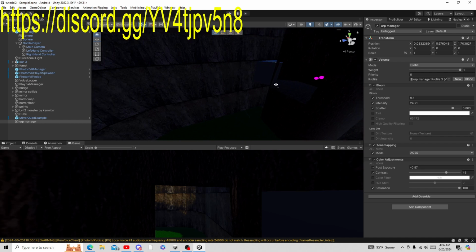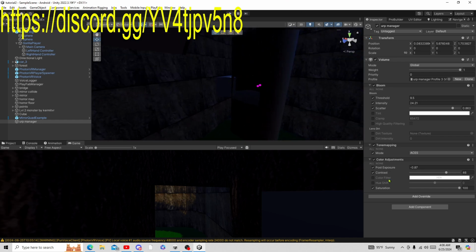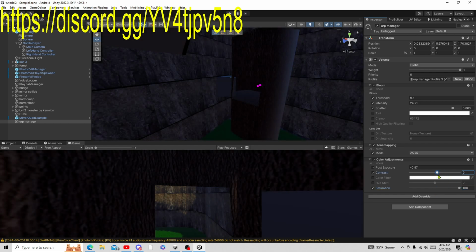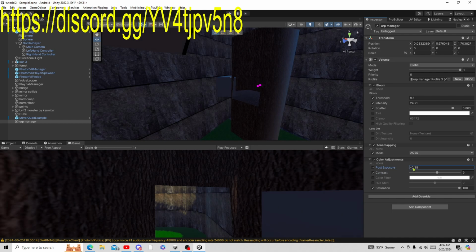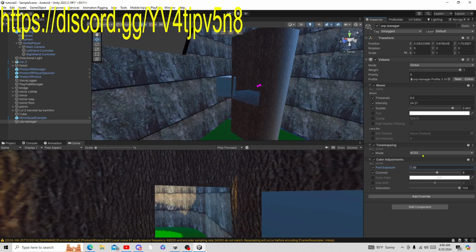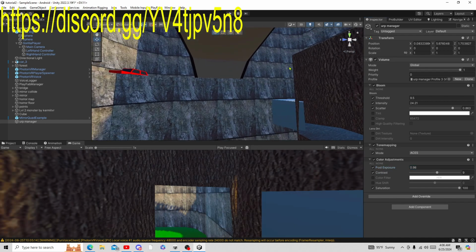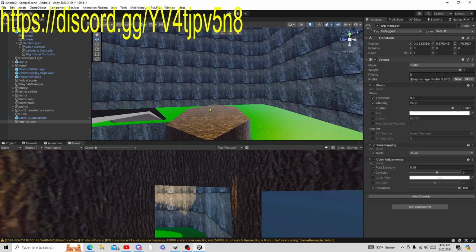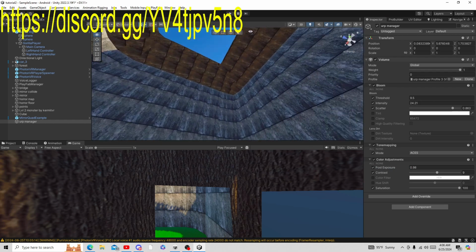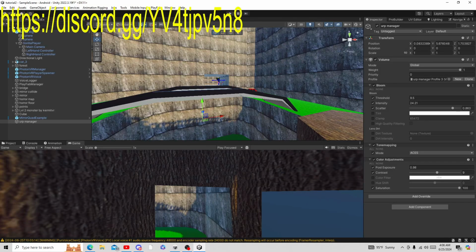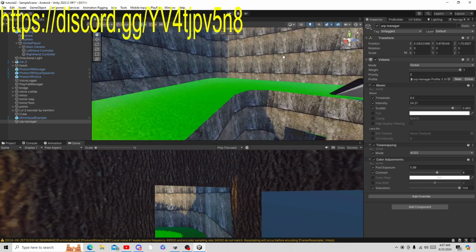So if you're just making a normal fan game, I would recommend keeping your saturation up, turning down your contrast, turning up your post exposure, and something like this. This would be good for a normal girls fan game. These settings would be good for that. And yeah,